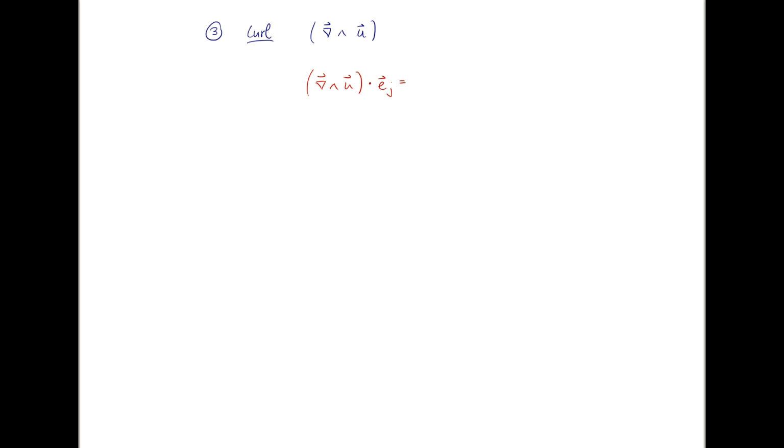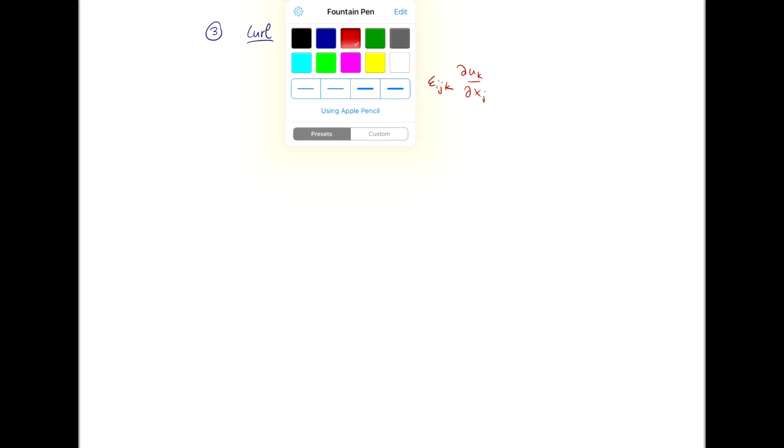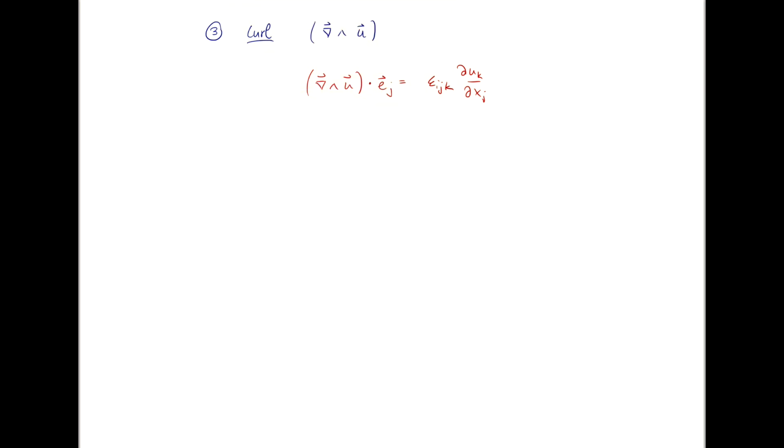And you remember from the previous video that the cross product can be written in index notation using the Levi-Civita symbol, and so it's epsilon_ijk, and then it's du_k/dx_j. So you can write this in matrix form as the curl of u is the determinant of